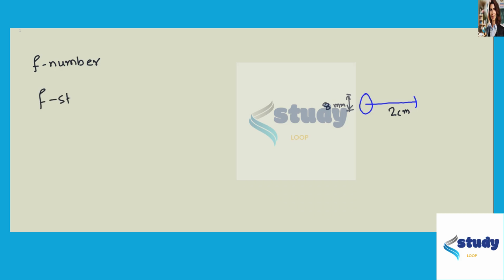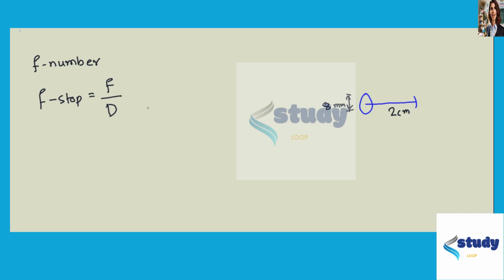So to find the speed of this lens, we can calculate the f number from the f-stop equation, which is given as focal length over diameter. Now, if we consider that the object is at infinity, then the image should form at the focal point, and that's why the distance from our lens to the back of the eye should be equal to the focal length.